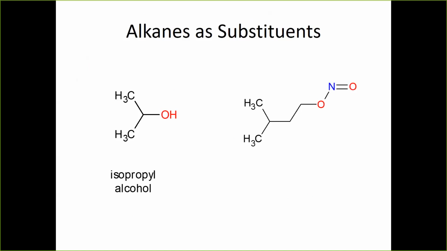Here's another example, and I mentioned to you before, this is an isopentyl group, but we don't call it that. We call it amyl. So it's an amyl group, and then that other heteroatom group that's attached to it is a nitrite group. And so put those together and you get amyl nitrite. And amyl nitrite is also of interest to us in toxicology.